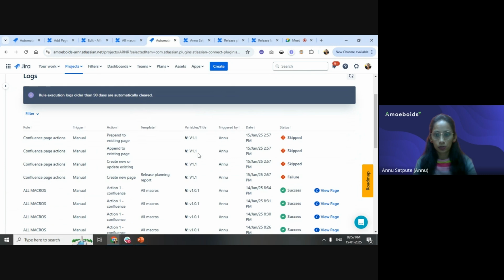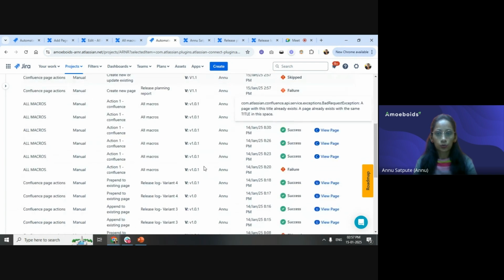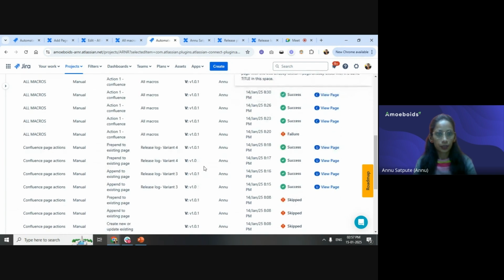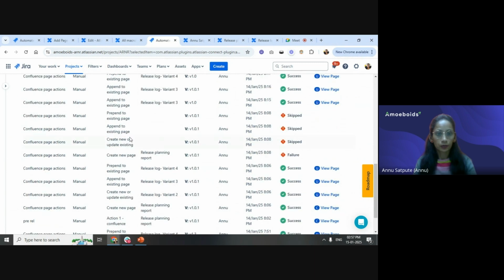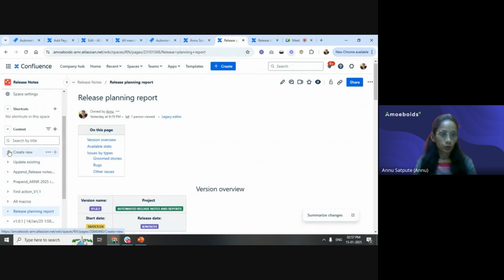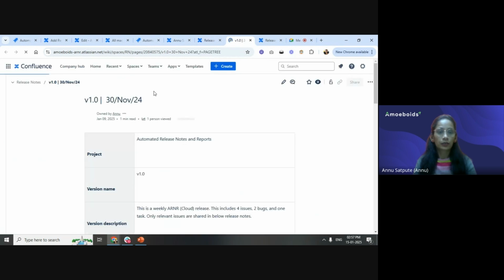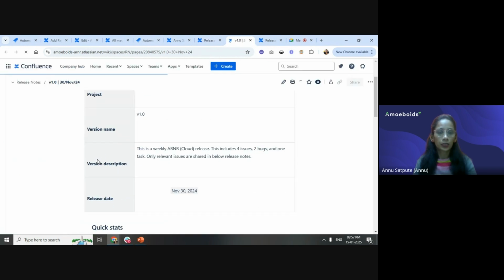So it seems, okay, there was some issue with this. So I'll just show you some pages that I already have created, right? I'll go straight to this page and show you these variants here. I'm sorry for that. Right, so this is the page that I have created using the create new page